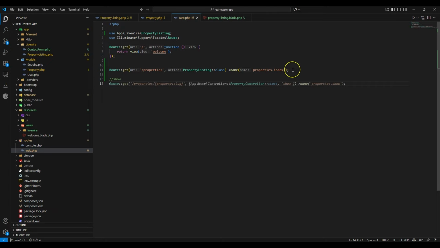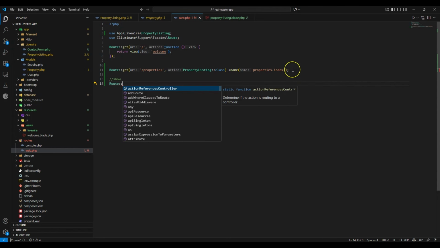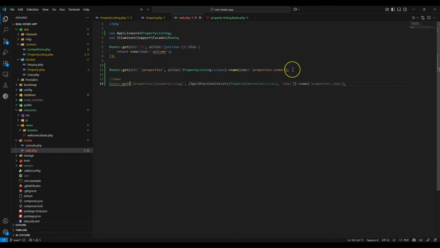So what we are going to do is to define a route, then a get, then we are going to say properties, then we are just going to bind the following slug,